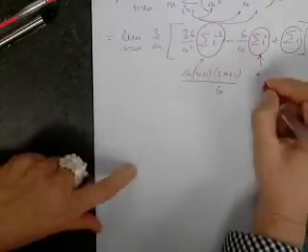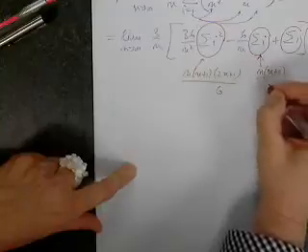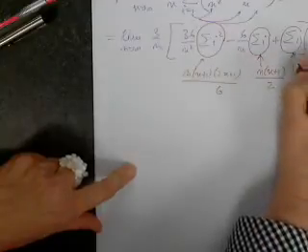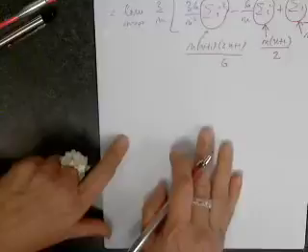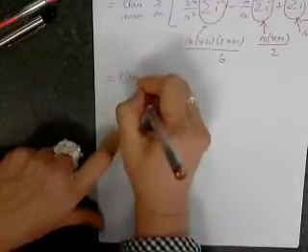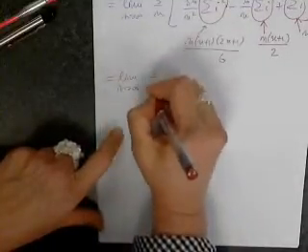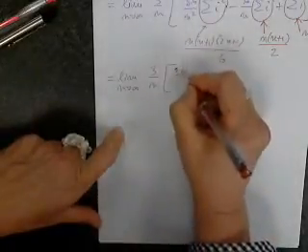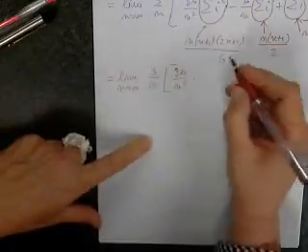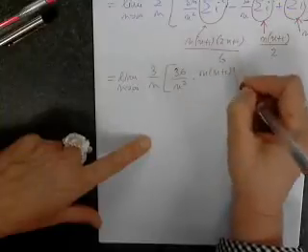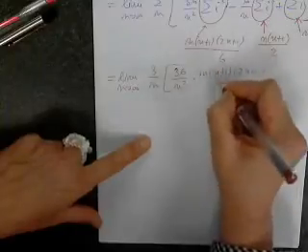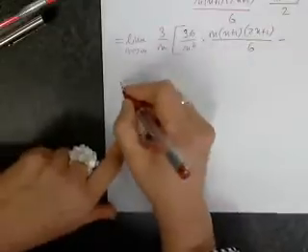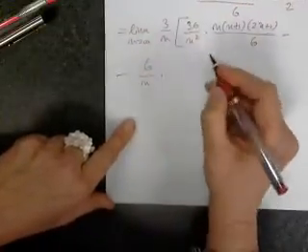This and this, that's it. So then we have the limit as n approaches infinity of 3 over n, times 36 over n squared multiplied by n times n plus 1 times 2n plus 1 over 6, minus